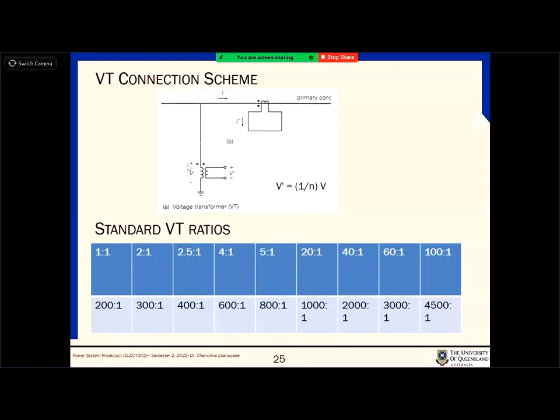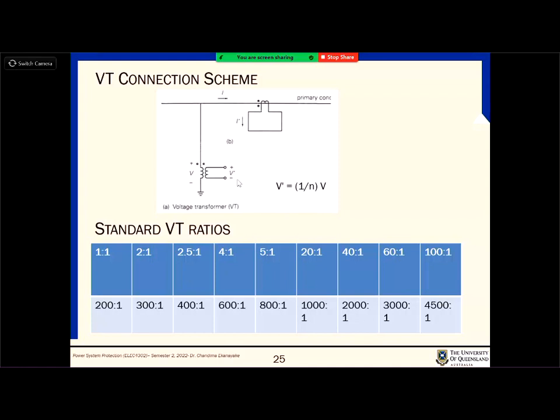And then you can see the dot, right? You can see that the voltage positive is towards the dot on both sides. That is the upper sign convention. When you measure the positive voltage from the bottom end to the top end, then the two voltages, the primary and the secondary, are in phase, right? Remember that if you